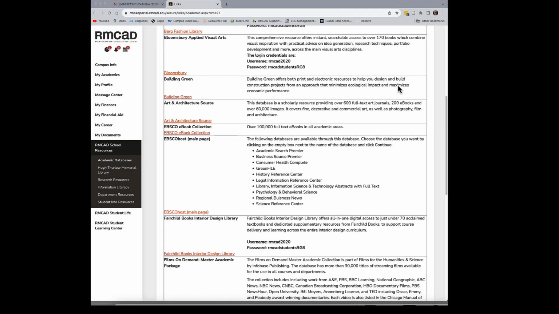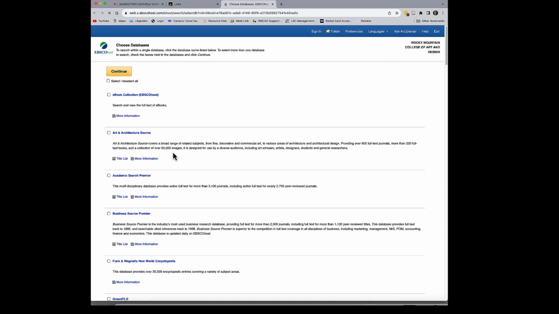I want to talk about the different kinds of citation styles that are available to you. So we're going to start by actually looking at a database that has different citation styles available. We're going to look at the EBSCOhost main page. This is on your portal. Click on EBSCOhost, and I am going to do a search